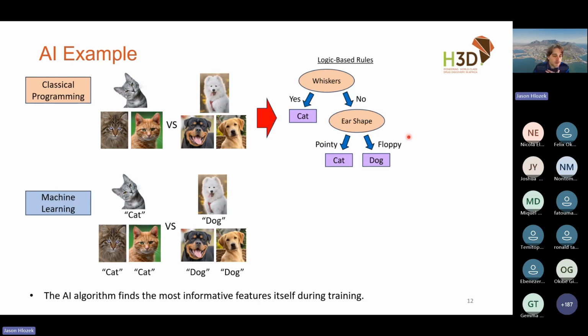However, with a machine learning approach, you give the algorithm a set of inputs, which are these images, and a set of labels. So these would be the cat pictures, these would be the dog pictures. And I let the algorithm decide for itself what features of the image are most useful for making this classification. It learns the most effective set of rules for itself, how to connect this picture with this label and this picture with this label.